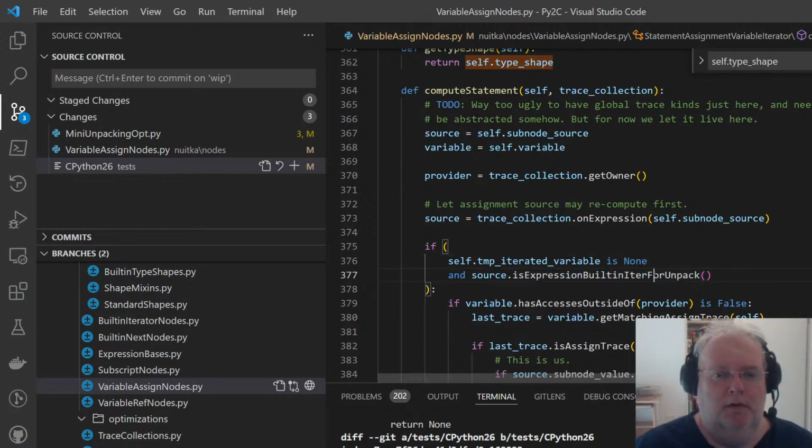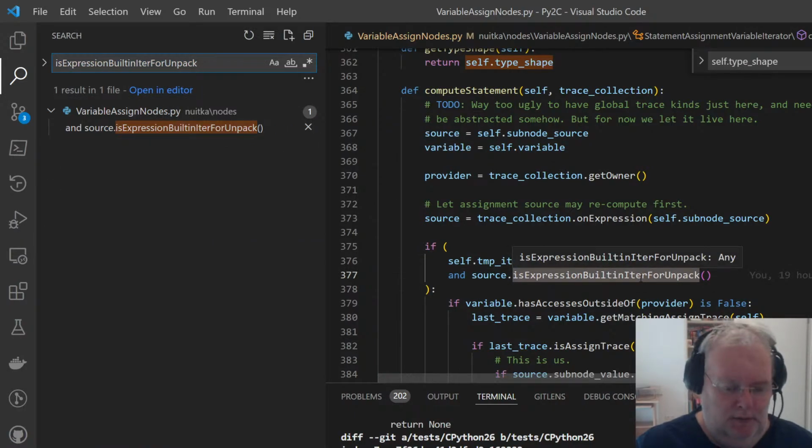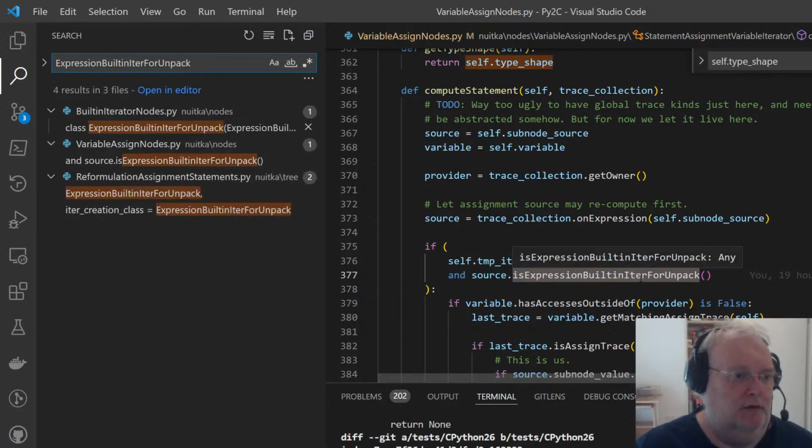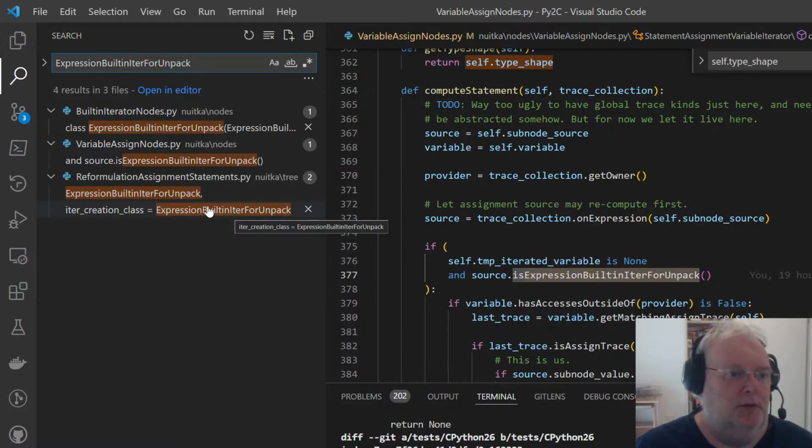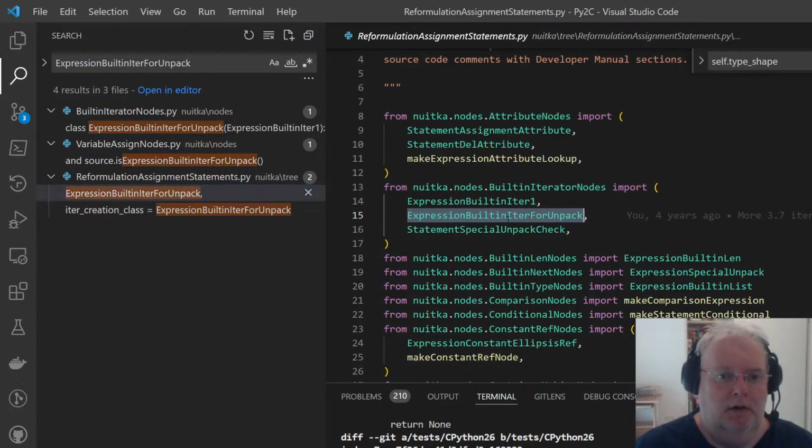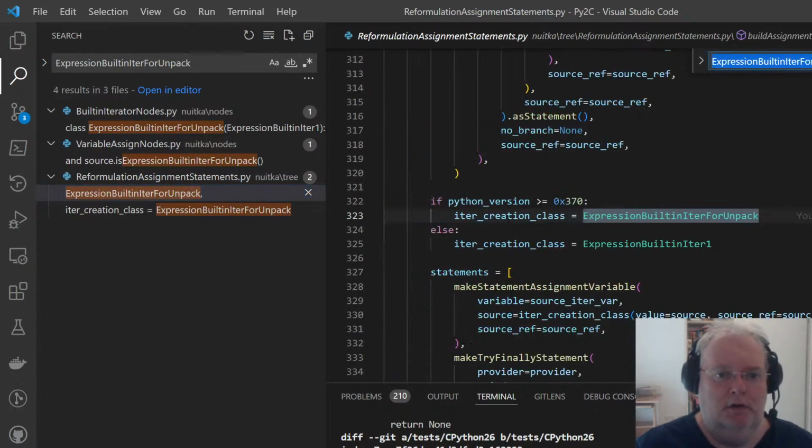So this expression for unpack is the one that we see being used, but normal iterator should just be treated the same. And I think, isn't it here? Yeah, it's actually Python 3. Normally this one is being used.